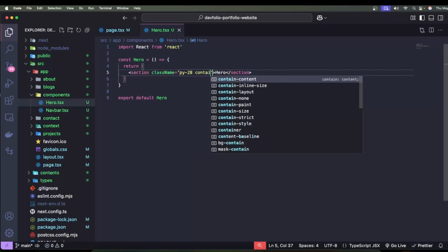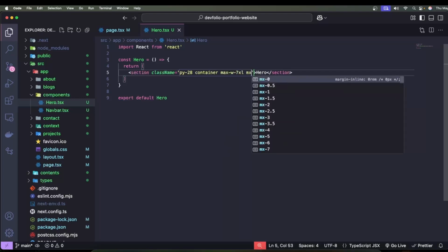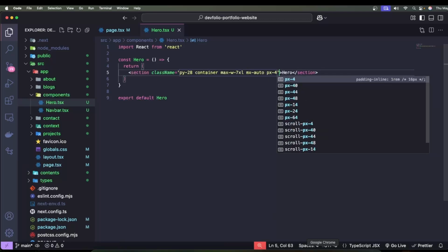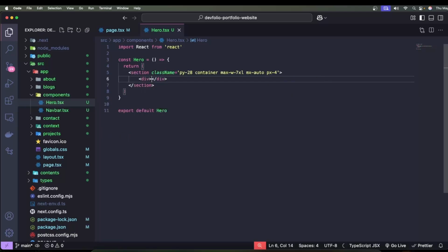Okay, container, and we'll define max-w-7xl. We'll have mx-auto, and then we'll have some padding px-4. Okay, so right now you can see you will have this. This is the hero section, and inside this hero section you have a div, and this div